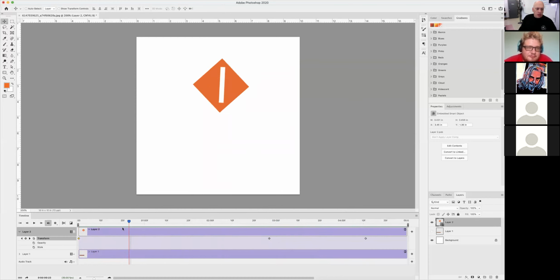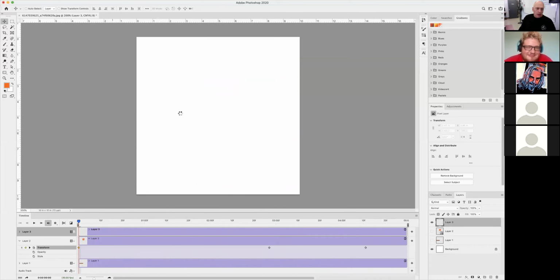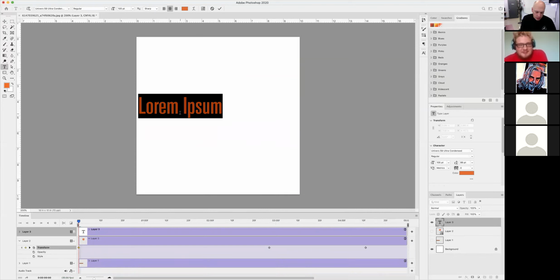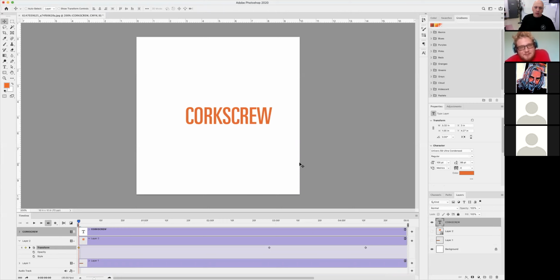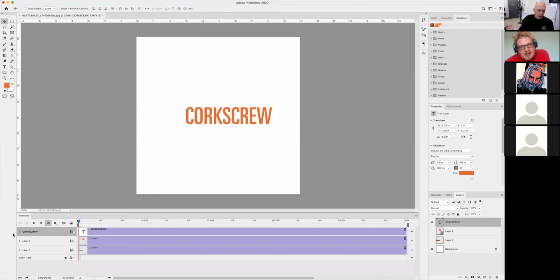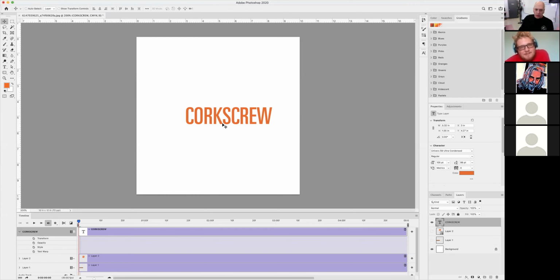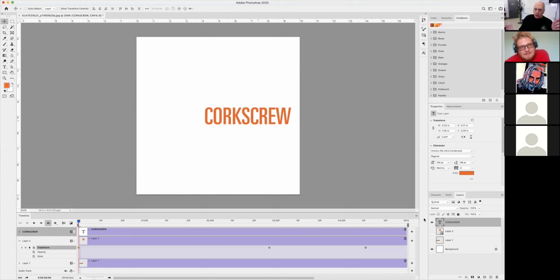Your particular logo, where the letters were appearing, what you can do for something like this: I'm just going to create a new layer quickly. And I want to type Corkscrew, that was the name of your company. If you want to have that appearing one letter at a time, you'd have to place each letter on a different layer. What you can do actually, if you want the letters to appear, not scroll like this, but literally just the letter appearing one after another,